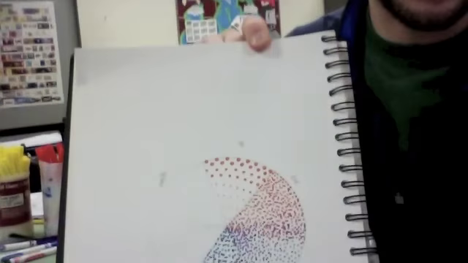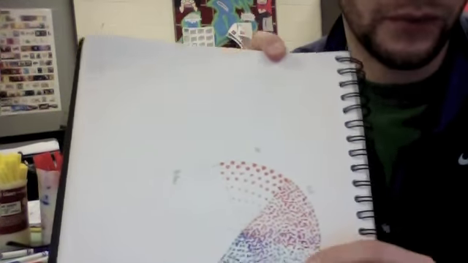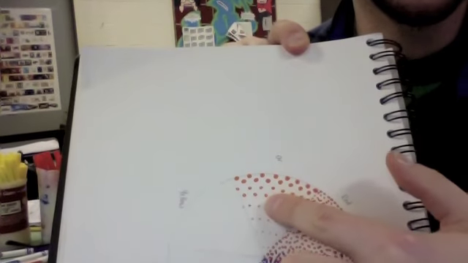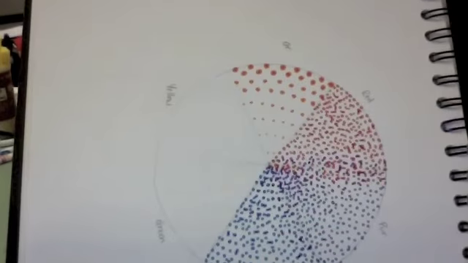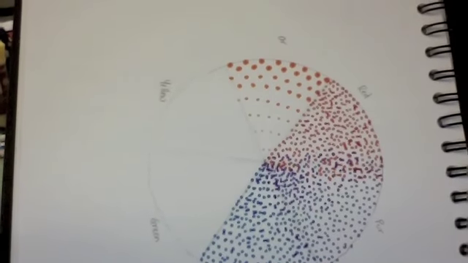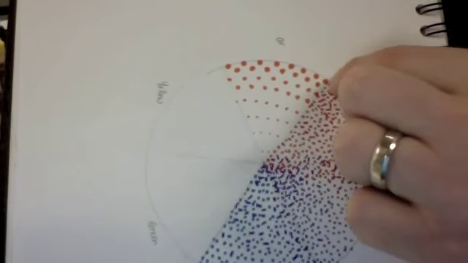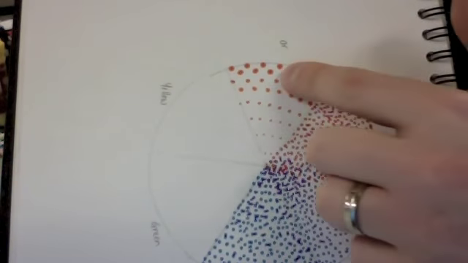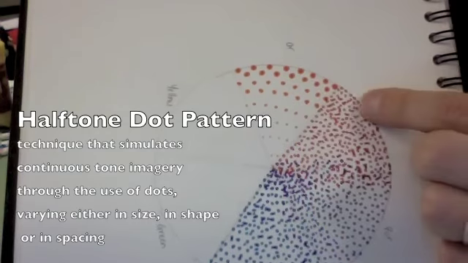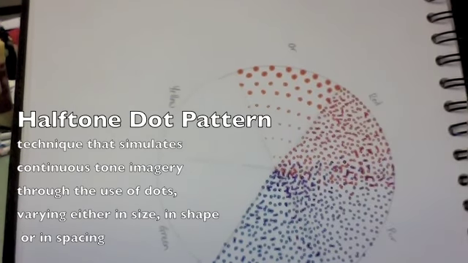So I started doing this on my example already, and you'll notice this from the other videos right here. But what I did right here was I started the orange section with the halftone dot pattern. I'm going to try and bring this down a little bit so you can see in a little more detail. I started off by adding larger size dots at the top, and then in between those, as I continued the curve around, I made my dots of orange with orange marker